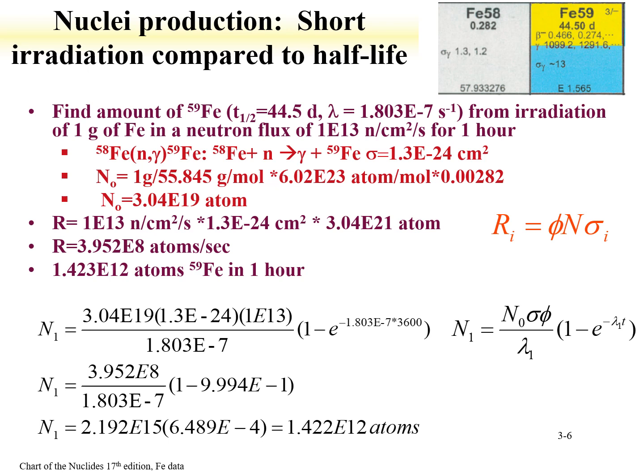Let's compare these two equations in two different scenarios. One where the irradiation time is short compared to the half-life, and one where the irradiation time is long compared to the half-life. So for our first example, let's use a reaction to make iron-59, this isotope with a 44.5 day half-life,